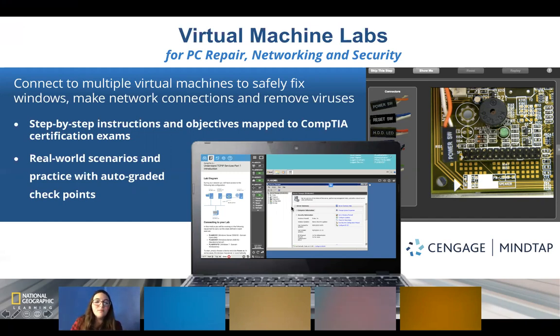But in these virtual machine labs in the screen in the center, you are working on real machines. So in these labs, you are practicing fixing software, practicing ethical hacking, practicing fighting off viruses or removing a virus from an infected computer with real machines. This is actually using the student's internet connection, and sometimes you're working on 6 different